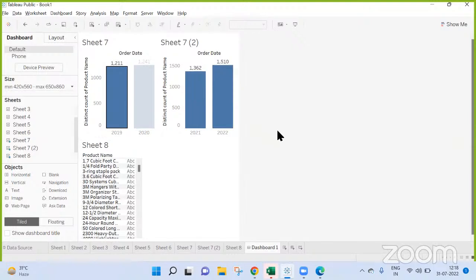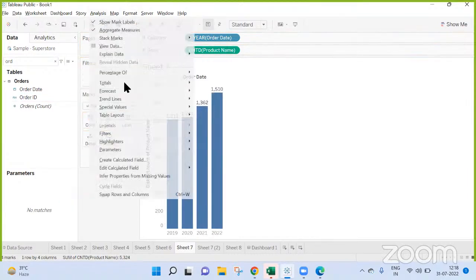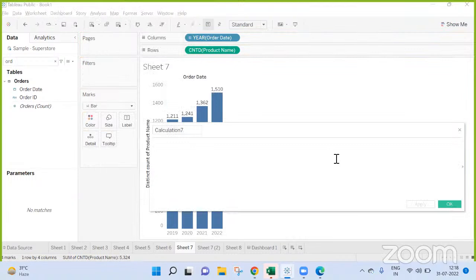Go to that sheet, I will tell you. Here, in the filter we have put the year, right? Instead of that, we are putting the latest date. So using the latest date, it should show.